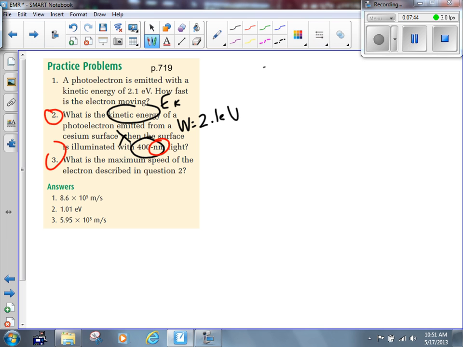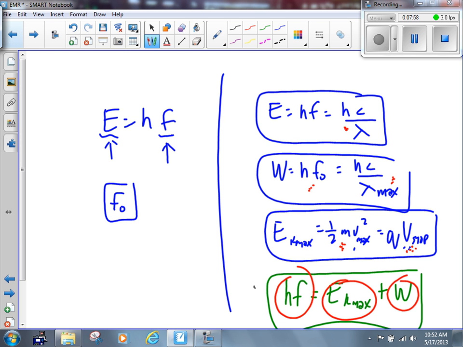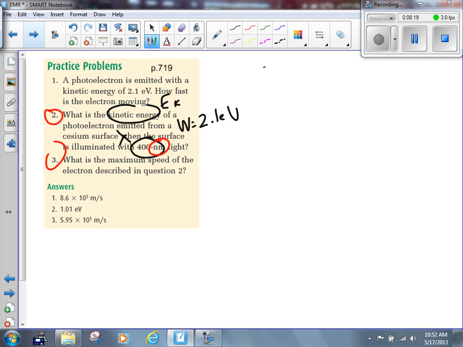Which equation are we going to use? I'm going to count to 5 in my head. Okay, nobody's answered the question yet. Which equation do we use? If nobody answers the questions within a few seconds, we're always going to try this one. If you come up with another one to try right away, then go ahead and try it. Even if you're wrong, even if the other one's not going to work, it's okay, because they're all valid equations. I'm just saying that if you don't know which one to use, try the last one, because it's the one that's most common. So let's say hf is equal to EK max plus W, the work function.